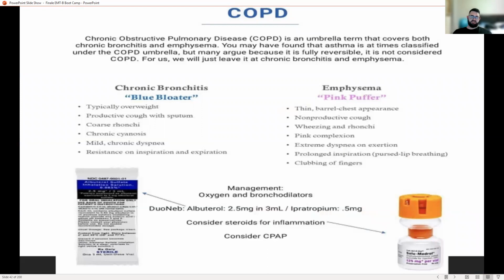They could have a COPD exacerbation, meaning they're going to have some serious problems, with bronchoconstriction and trouble getting air in. They're going to have wheezing. They're going to need O2, possibly some albuterol. Now, do what your local protocol states. The EMT-B can assist with a metered dose inhaler, which is, of course, that thing